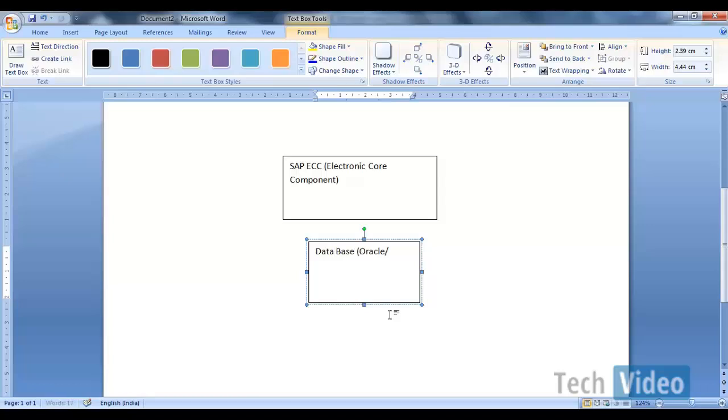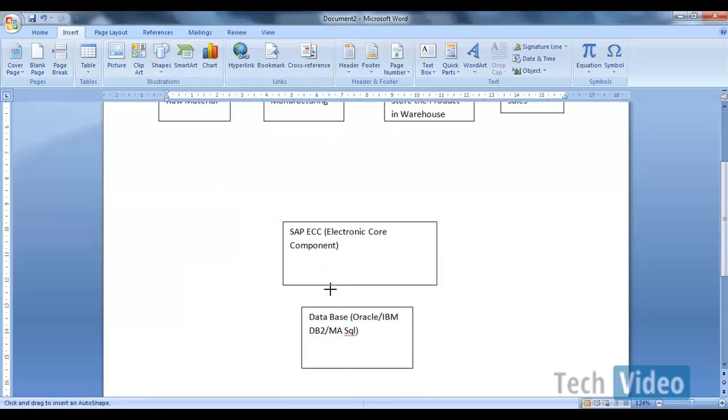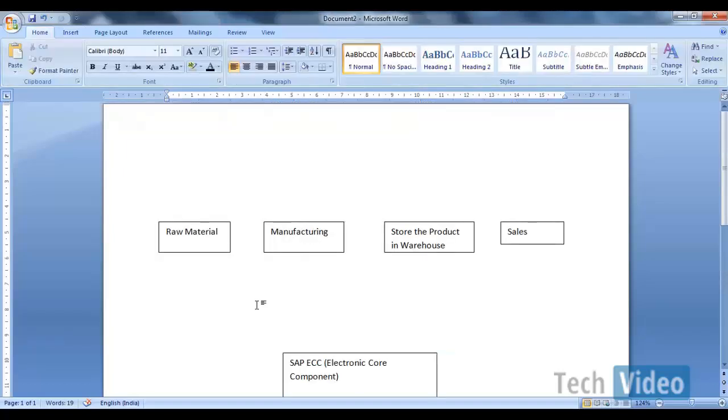It can be Oracle, it can be IBM DB2, it can be MS SQL, it can be any standard database you can use to store the data that you are going to enter using